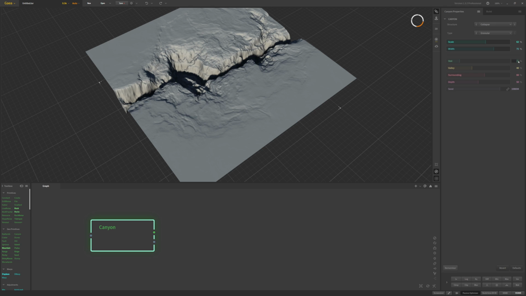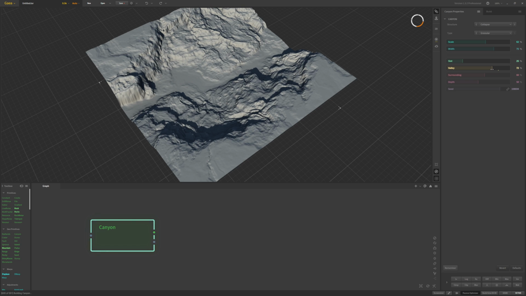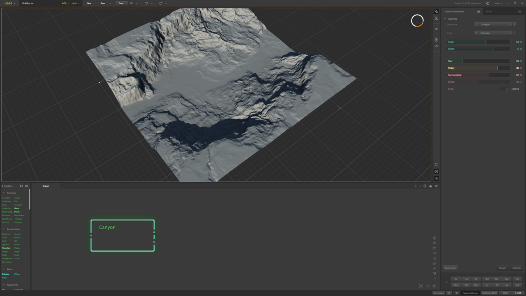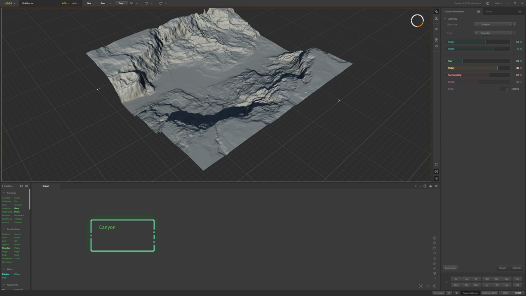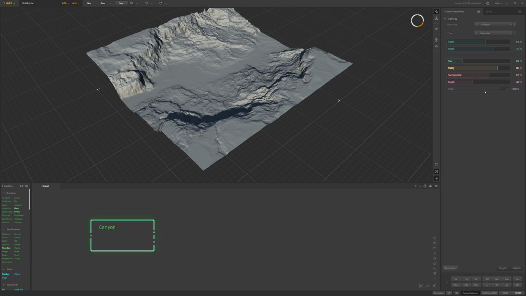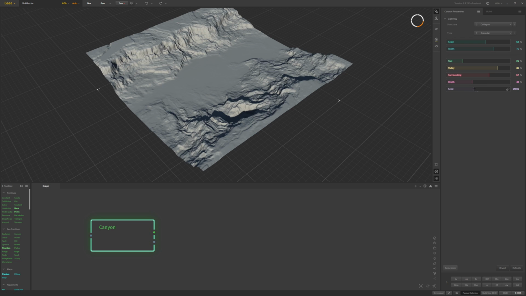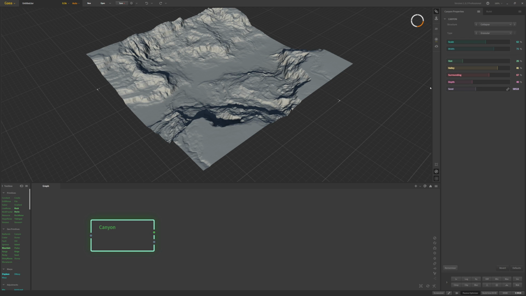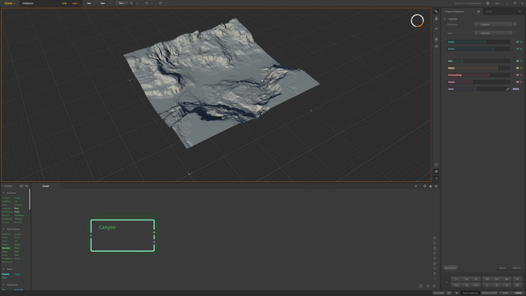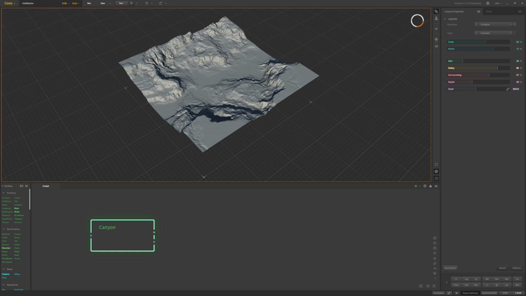And really it's all just about eyeballing what works best here. So I'll just play around with these numbers and find something that works, and try to get some interesting shaping that's not too steep, that's not too extreme. And then maybe play around with the seed a bit to see what we can get. And once I have something that I think looks okay, like maybe this is all right, what I'll end up doing is start building upon this. We can always change this later, but we can always add other nodes and start structuring things a little bit